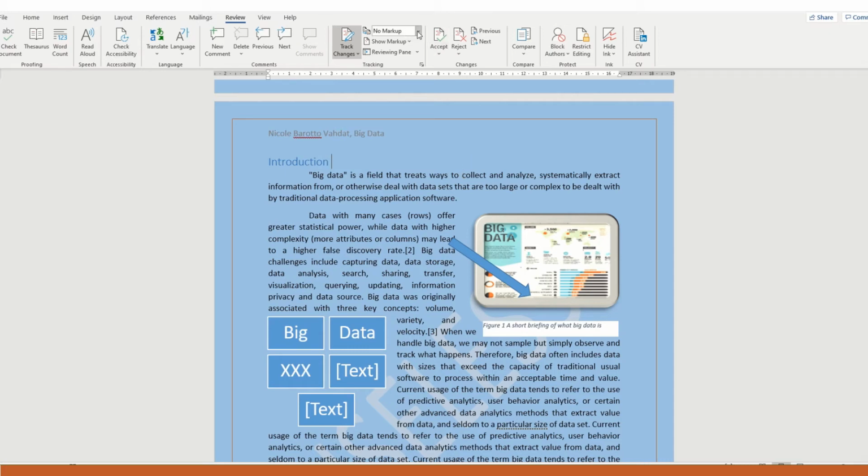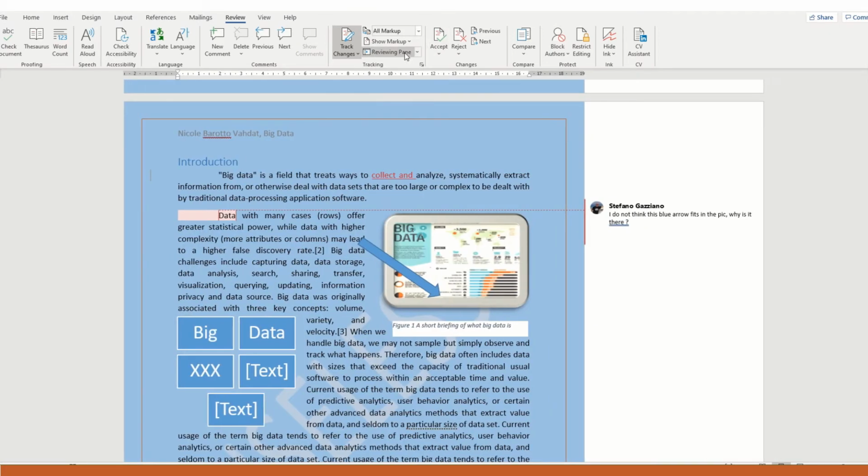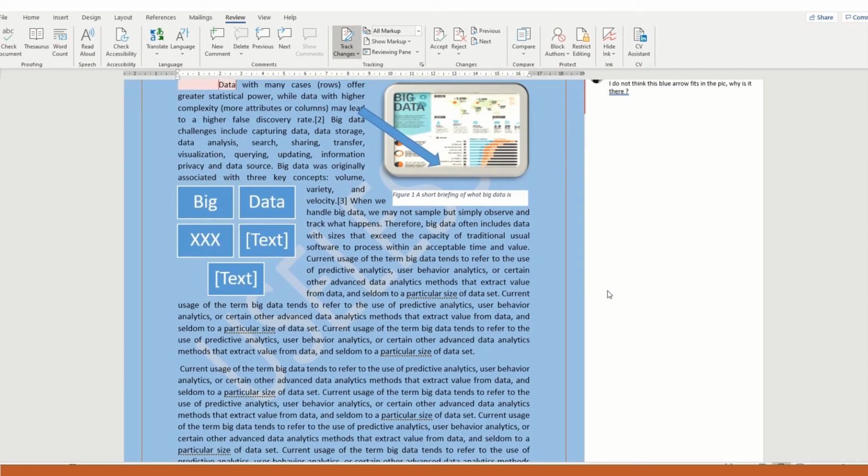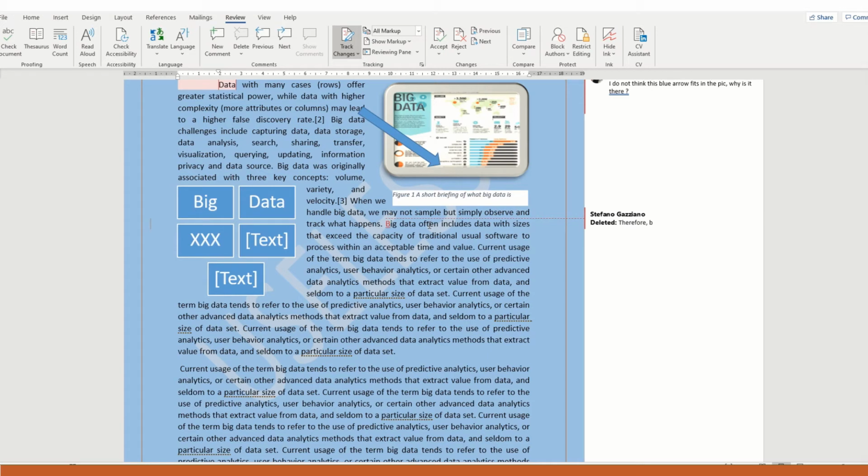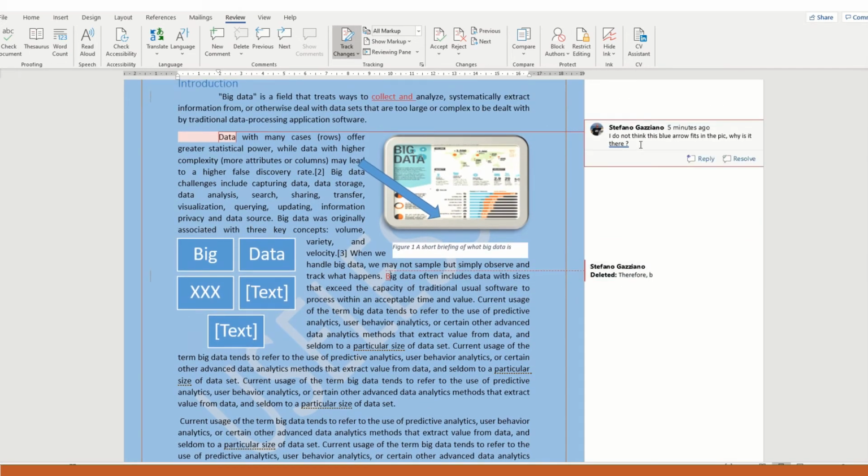Now, with track changes, you show all markups. You notice that here there was collect and analyze, shown in red. Something like, I don't like this, therefore I want to cut it out and just change it with B. Big data often includes why be right therefore. So here is what I deleted, here is what I added,